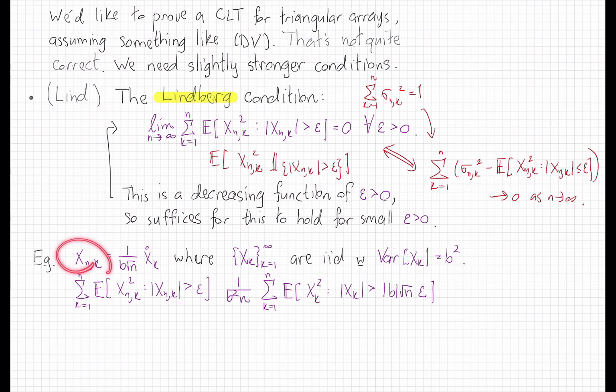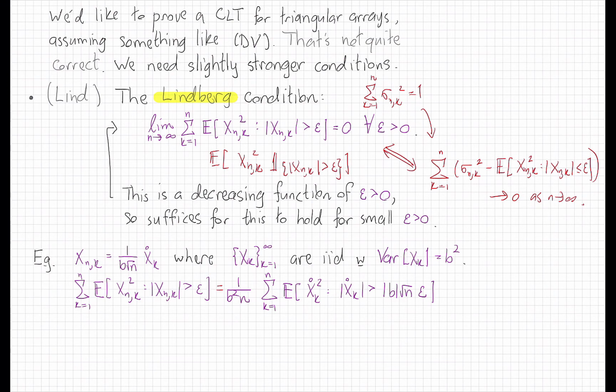Now let's look again at our basic central limit theorem example. Suppose x_nk is given by centered x_k divided by square root of n times b, for IID random variables x_k of variance b squared. Well then the sum in the Lindeberg condition can be rewritten like this. And note that each term in this sum is an expectation of a function of the centered x_k. By the identical distribution of those, all of those terms are equal. And so the sum divided by n here is just equal to a single one of those terms,